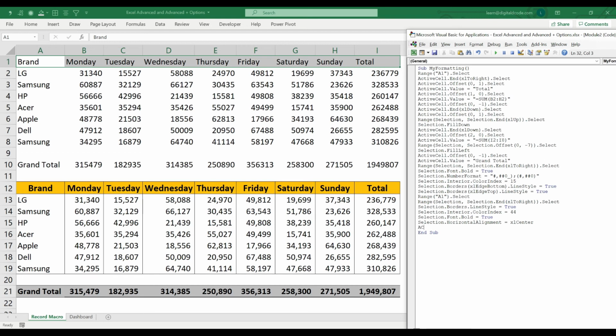So then active, so I'm going to select all the data. Active cell dot current region dot select. So it will select all the data. Now I'm going to apply border. So let me apply the border. So I want a border bottom, top, and so I also want the vertical. Let me check what option I have. Vertical line.